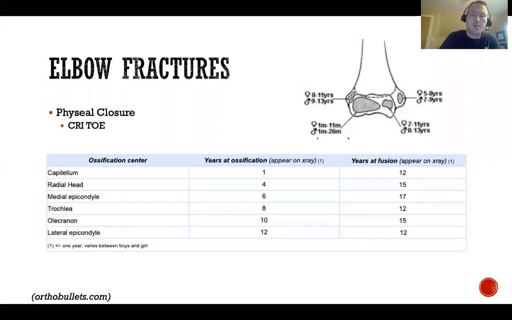So for the elbow, it's like, all right, we've got all these weird things going on. I don't know, is this a fracture? Is it not? Okay, just x-ray the other elbow. If the exact same line is there, then that's a physis. It's not a fracture. Additionally, you have to really plan on correlating your clinical exam to the images